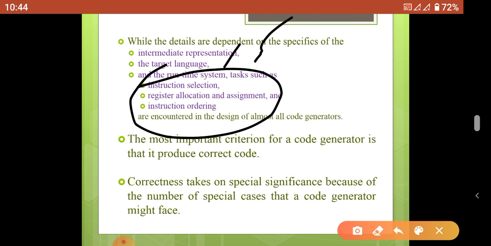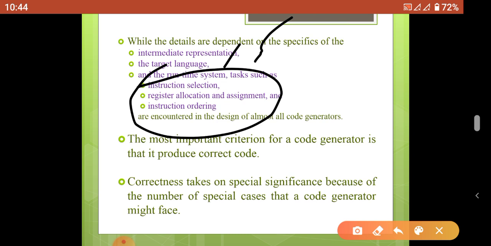How we are going to use memory to select the memory addresses, how we are going to use the registers properly to store variables, and what kind of instructions and what order we are going to select to create an efficient target program. So now we are going to discuss one by one.